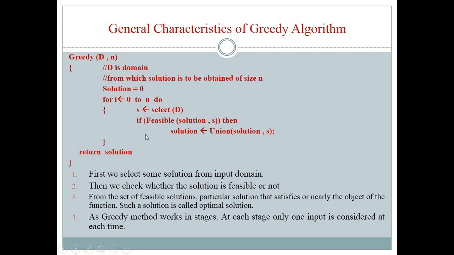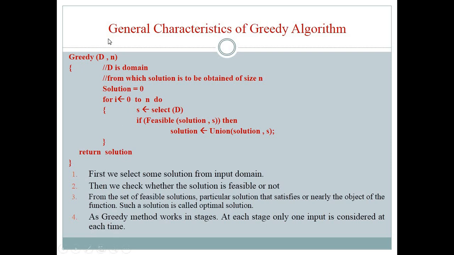For finding the solution, we will set a for loop, in which we will go from I to N. If we select an activity from the domain, then we will set it as S, and if it is found to be a feasible solution, then we will add that activity into our solution set. So these are the main characteristics of the greedy algorithm that we will surely understand through some examples in the next